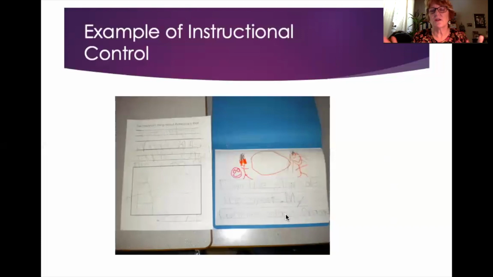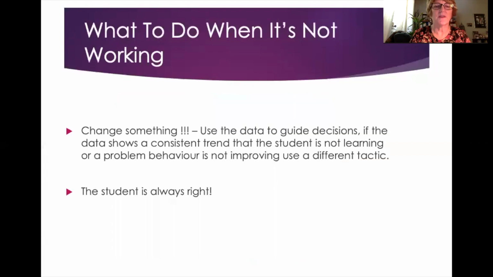Not because she's an awesome person or anything like that, but because she knew how to have instructional control over him. She knew how to reinforce him. He knew if he did well for her, she would have a high five or reinforce in some way positively. So instructional control doesn't just mean you have control over their behavior, that they're behaving nicely in the classroom. It also means that they are learning to their fullest potential, that their output is to their fullest potential. This is a term I use a lot when we are looking into advocacy, advocating for children.